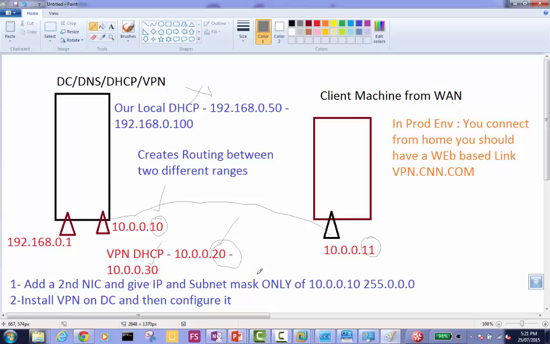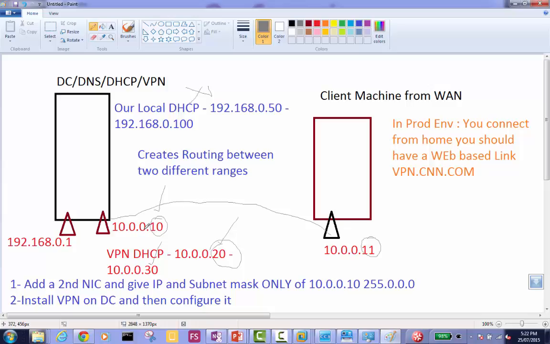Okay. What if you didn't have the static IP? What if, which one? This one? Yeah. If we don't give a static IP in our local lab, it's not going to work. Why? Because it should get from the DHCP. Yeah, so it's going to get from our 192.168 DHCP, definitely. If it gets the IP from there, then it's not going to connect to our VPN server to prove some concepts of VPN. We are just proving the concepts, that's why we are putting it on the VPN scheme.